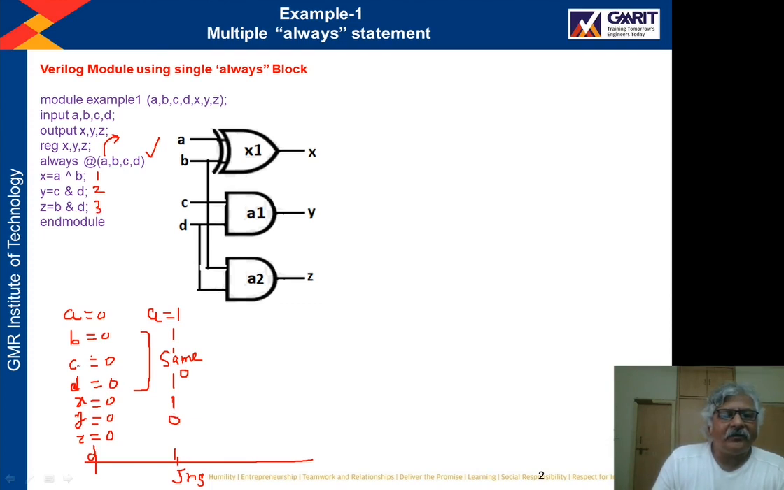So B is already 0 and D is also 0. So Z is also 0. So at 5 ns, this will be the result. Now let us assume at 10 nanoseconds,